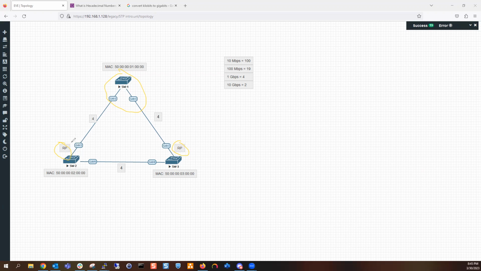Switch 2 has a cost of 4. Switch 3 has a cost of 4. So between each other, over their shared Ethernet segment, they're telling each other, oh, bro, to get to the root, I got a cost of 4. Now we need to go to the tiebreaker. The switch with the lowest bridge ID becomes the designated switch. With that being said,